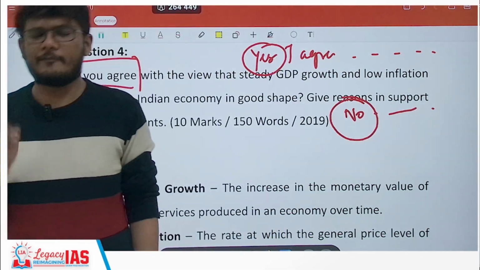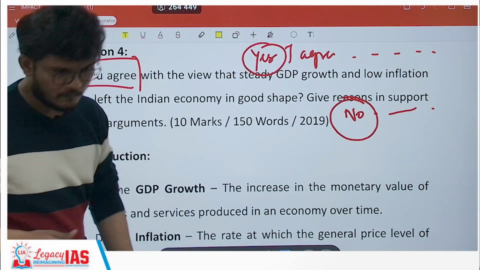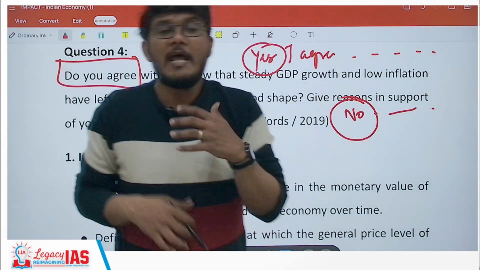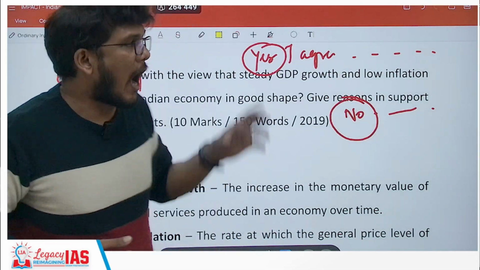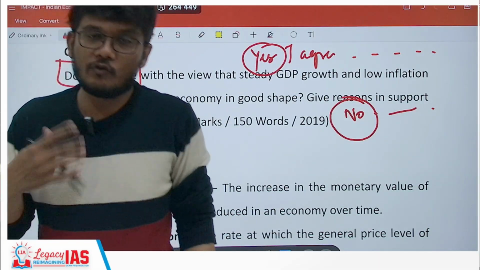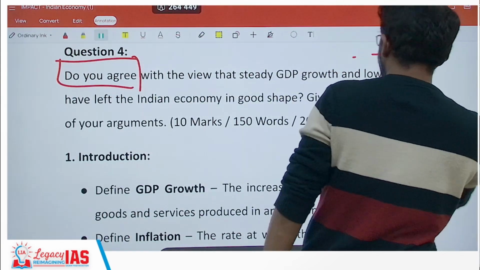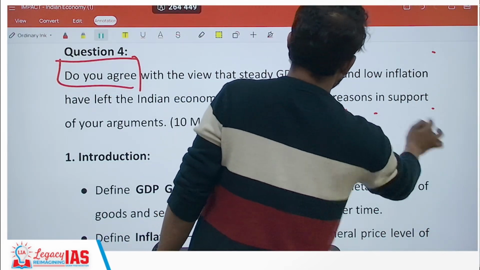These are absolute objective words. Don't use them. The answers are sort of subjective in nature. So you can first agree with the statement, and then while disagreeing, use words like however, this is the issue. So that is the way to write the answer. Never write yes and no in your answer.